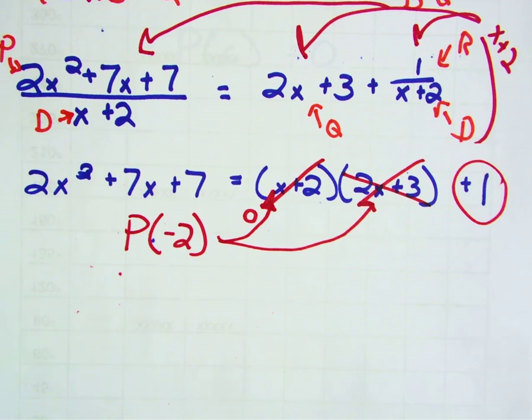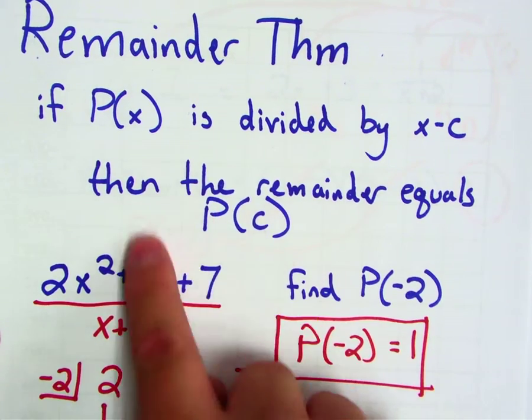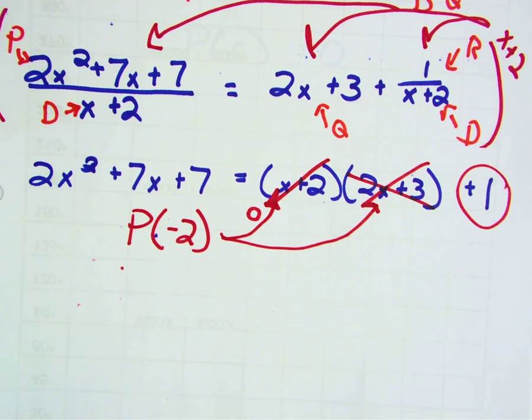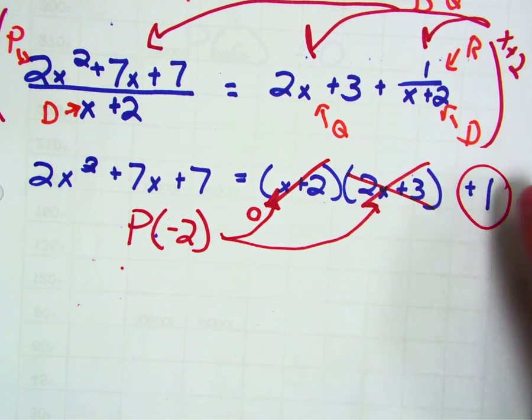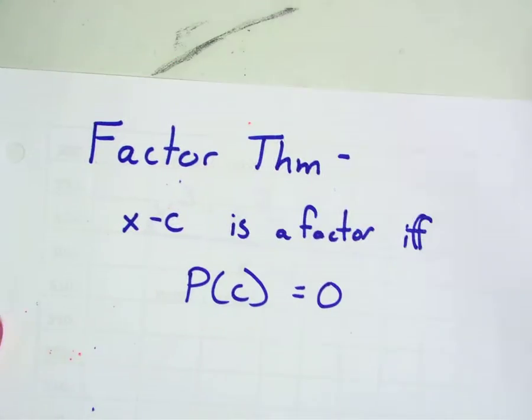In general, with the remainder theorem, when we pull out that factor of x minus c, you're always going to have that factor that, when we plug in c, is going to give us 0. The only thing left is going to be that remainder on the end. Now, when that remainder is equal to 0, we have what's called the factor theorem. And the factor theorem is the really